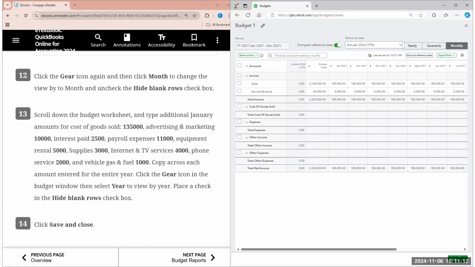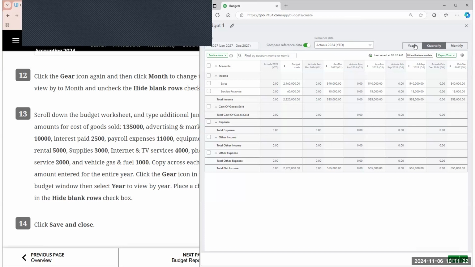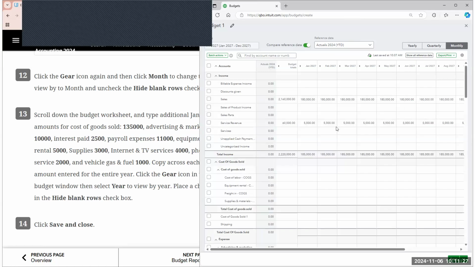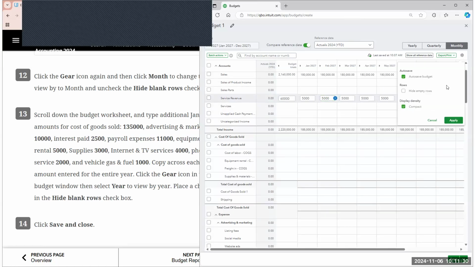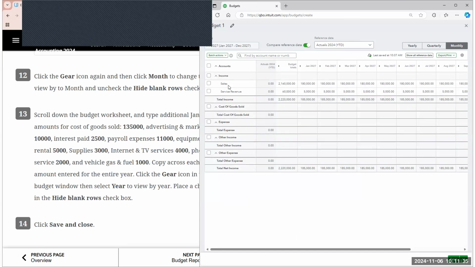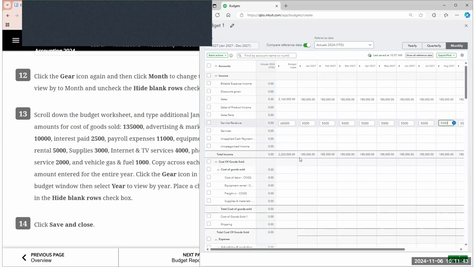All right, so for January, the cost of goods sold is 13,500. So right now it's not letting us input it. So let's see. Perfect. That's why. So here's what happens. When you hide the empty rows, you don't see anything as it relates to the income, etc. So those accounts that are blank. But what you would do is uncheck hide empty rows, save, and then now we can go in and update it. So for our cost of goods sold for the month of January, we have